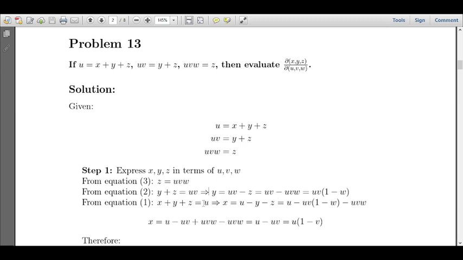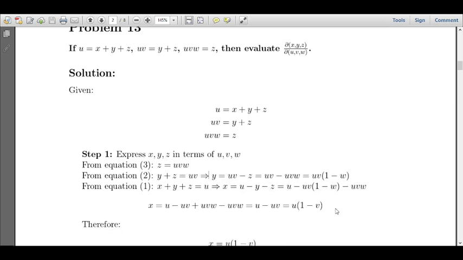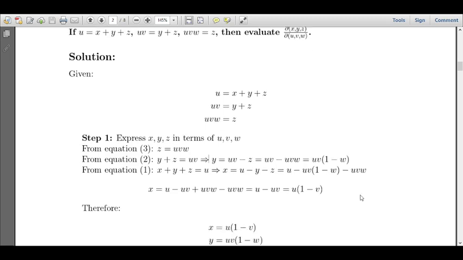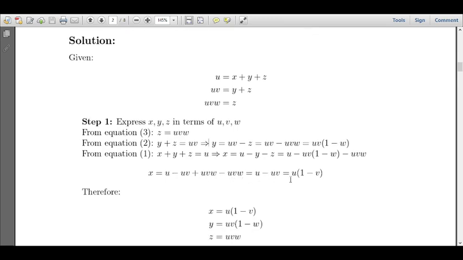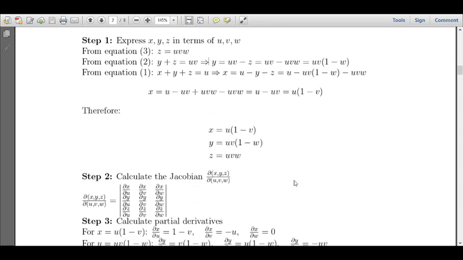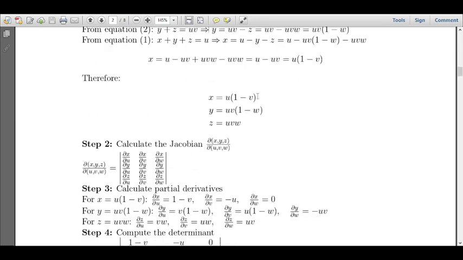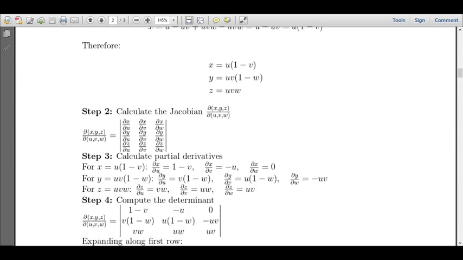Now from the first equation, x plus y plus z equal to u, this implies x equal to u minus y minus z. So this is equal to u minus uv into (1 minus w) minus z, which is uvw. So x equal to u minus uv plus uvw minus uvw. So this is u minus uv, which equals u into (1 minus v). So x equal to u into (1 minus v), y equal to uv into (1 minus w), z equal to uvw. So therefore calculate the Jacobian ∂(x,y,z)/∂(u,v,w) equal to, same thing, the formula: